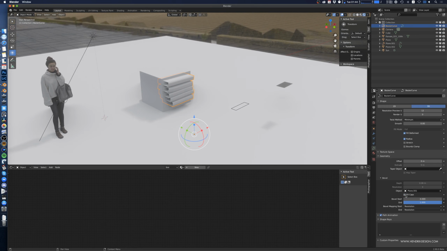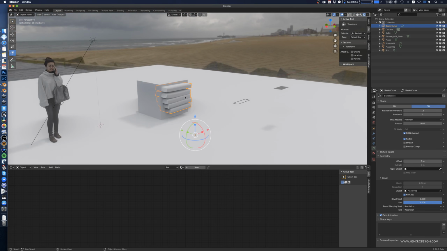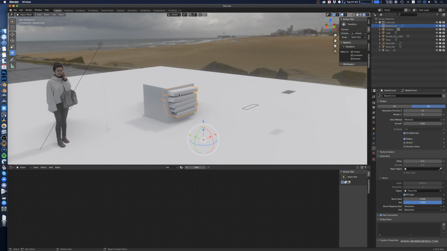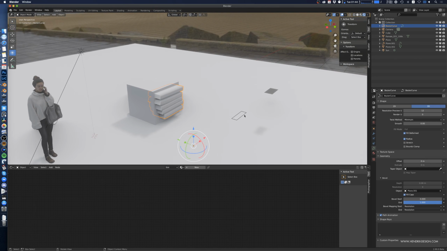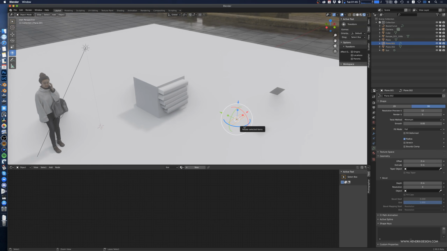Bezier curve. So now I can say fill caps, so it makes this just like a solid object. It looks like a solid object, but now there's something wrong. The orientation is not really right. So you can see that when you